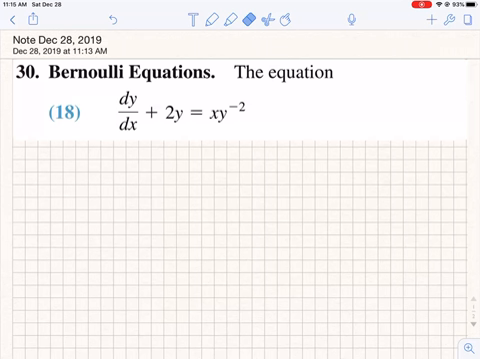Okay, so we just did a linear equation in the last video, and an extension to the linear differential equation. There's an equation called a Bernoulli equation. Let's see what happens when we